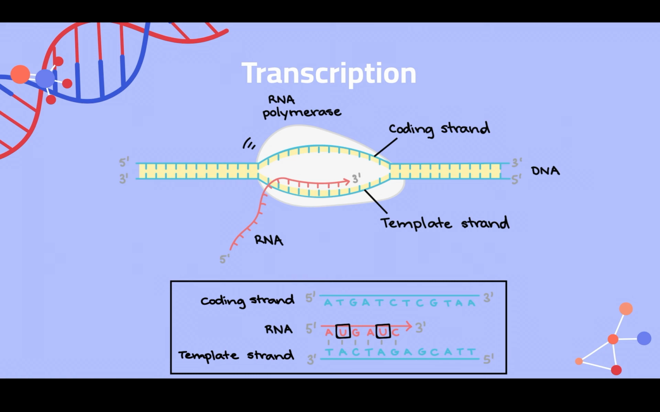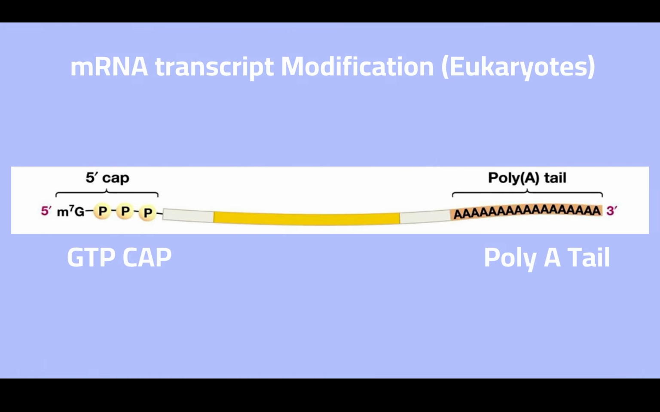So RNA synthesis is catalyzed by the enzyme RNA polymerase, which unwinds the DNA strands and joins together RNA nucleotides. So the enzyme RNA polymerase synthesizes the messenger RNA, mRNA, in the 5' to 3' direction by reading the template strand in a 3' to 5' direction, and then that gets us to the mRNA transcript modification, which occurs